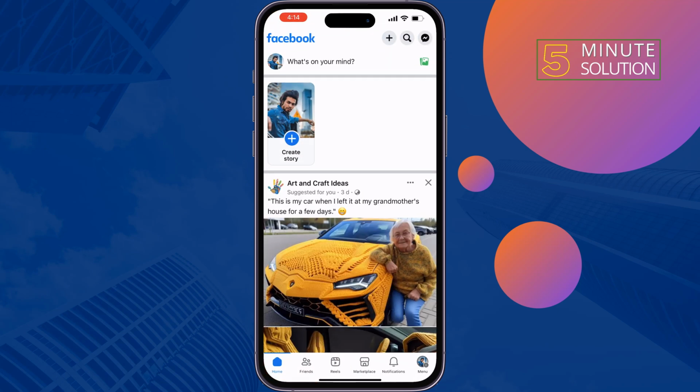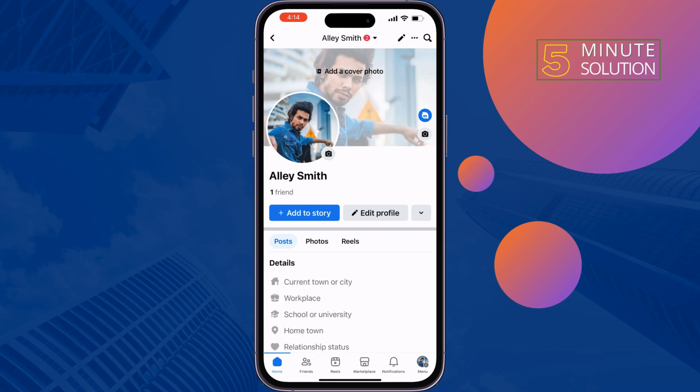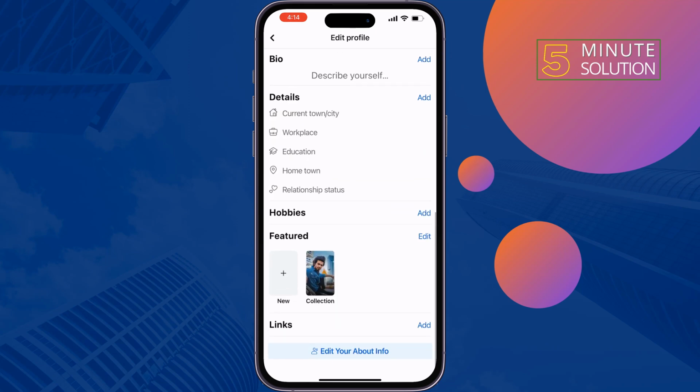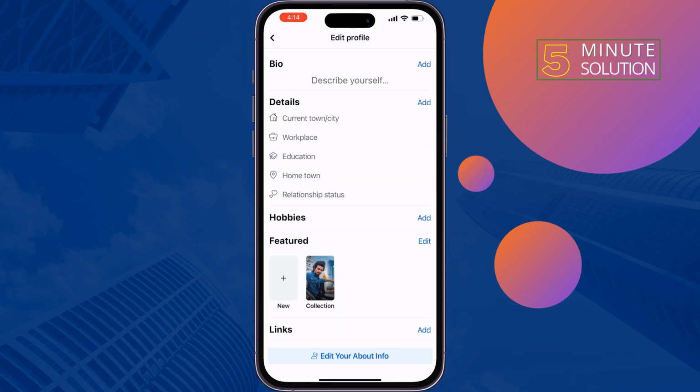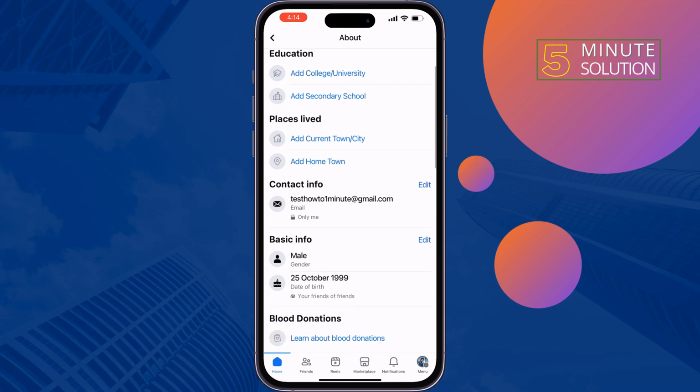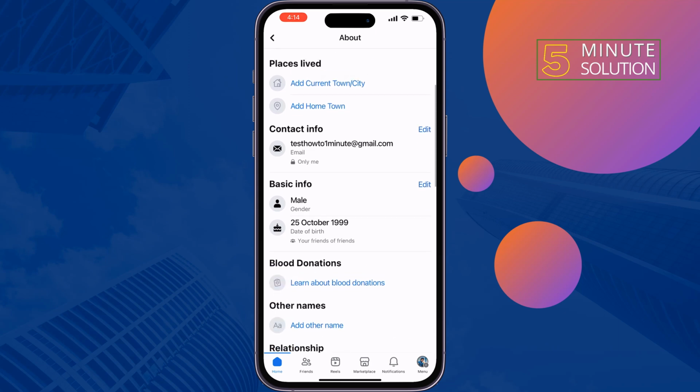Tap on your profile photo at the top left to open your Facebook profile, and then tap on Edit Profile. Scroll down and tap on Edit Your About Info. Here you will get this Contact Info option. So tap on Edit next to Contact Info,